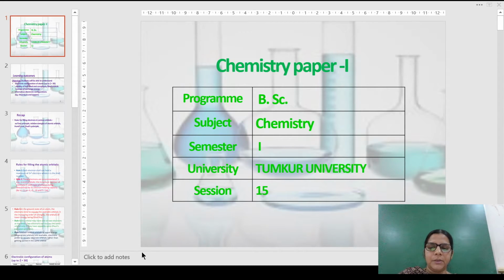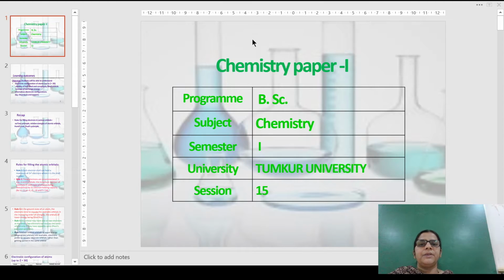Similarly, do remember copper. Copper has the atomic number 29 with the symbol Cu here: 1s2, 2s2, 2p6, 3s2, 3p6, 3d10, 4s1. It is not 3d9. There are two elements having d equal to 10 here, and 4s is 1. Please do remember these two things. Later on, we are going to talk about these two elements in the next slide.